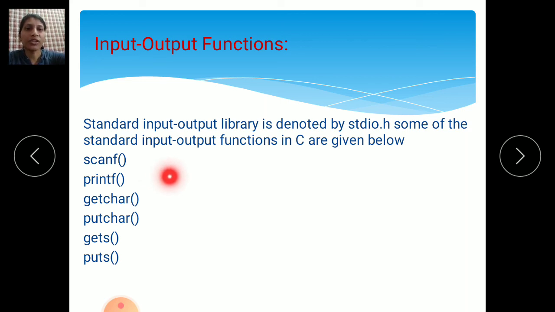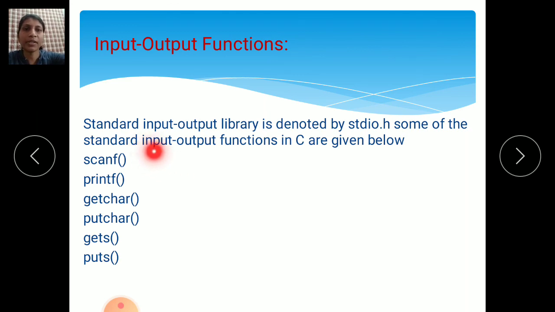Printf is the output function. Why is it the output function? Because if you want to print your result, or print any message on the monitor screen, we will use the printf function to print that message. It gives the output and displays it on the monitor screen. So printf is the output function and scanf is the input function. Why is scanf the input function? Because it accepts the values, whatever inputs you are giving to the computer for processing.